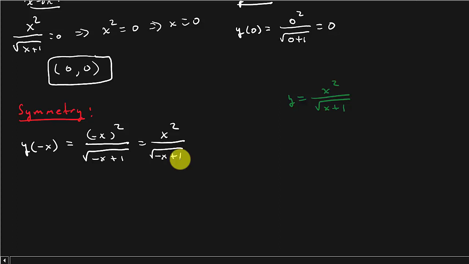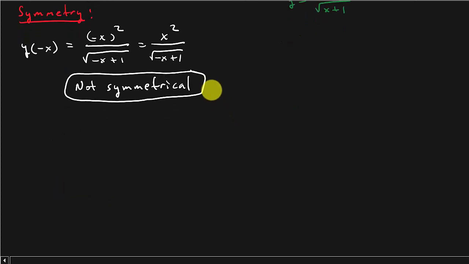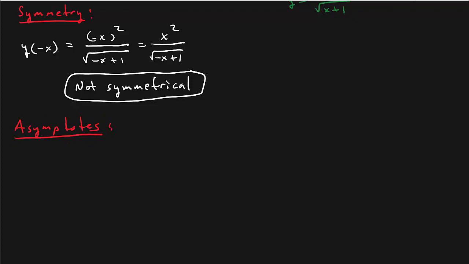Now, we didn't get y of x back. We didn't get -y of x. We got something other than that. So this is not symmetrical. All right. And now we have asymptotes. Let's write that in a different color. All right, so let's look for